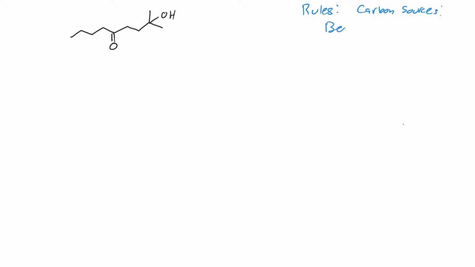can be benzene or any alcohol where R is between 1 and 5 carbons. So you can start with alcohols that have between 1 and 5 carbons, no other functional groups, and you can use benzene as a carbon source. So these rules mean that anytime you add carbons to your molecule, you have to get them from one of